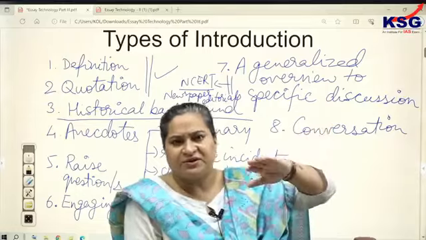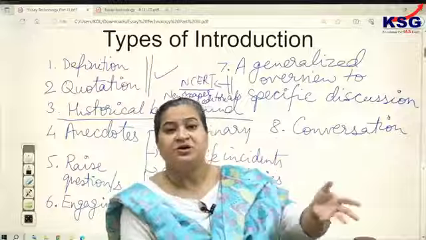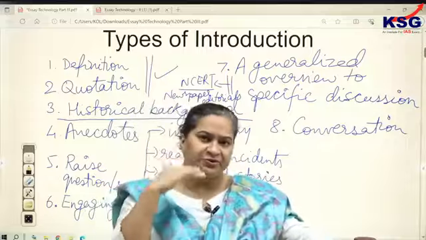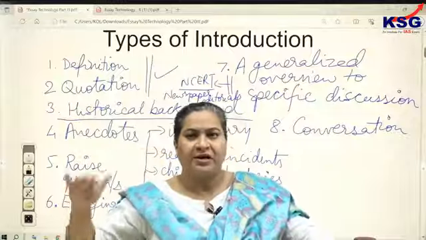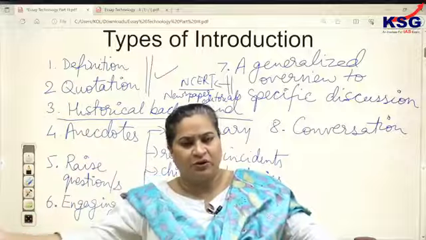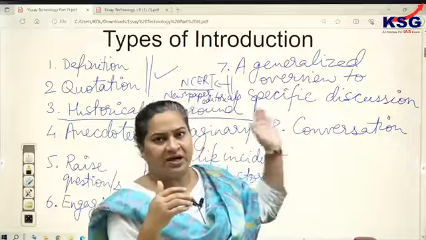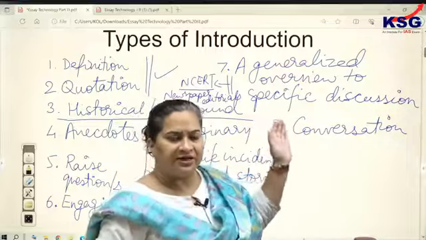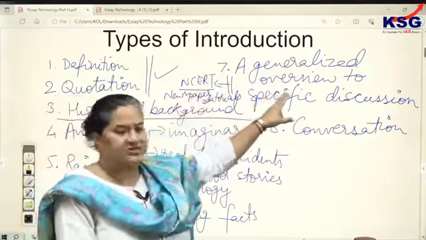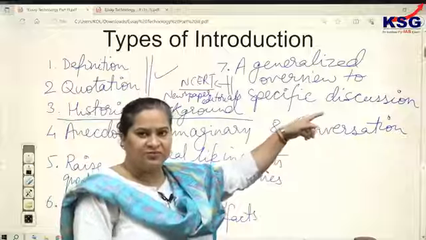Then in the next para, the person discusses the critical challenges of the present, challenges which have simmered up from the past and blown out of proportion in present times. Then efforts made so far in the next para, then what more efforts need to be made in the last para, and henceforth the person concludes. But a gist of this entire bit was presented at the initial stage. So NCERTs and newspaper editorials are written in this specific style. Generalized overview to specific discussion. I hope this is making sense.